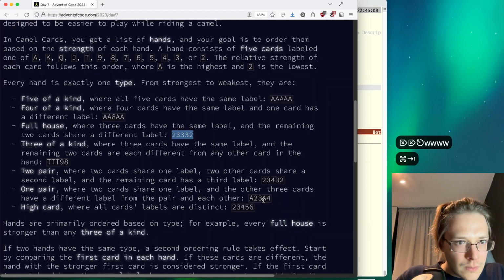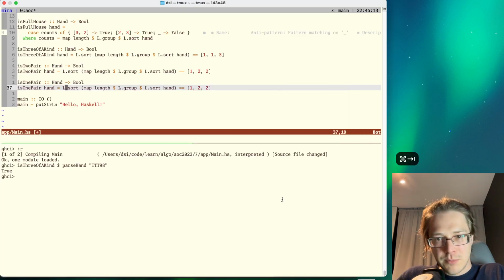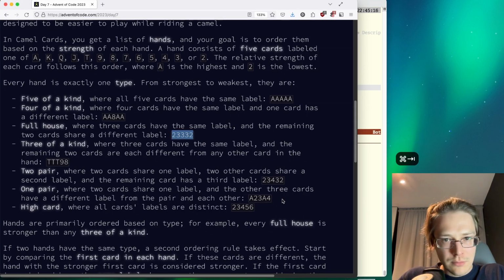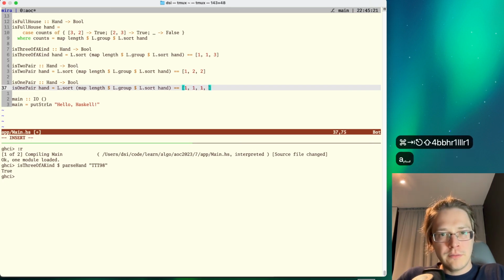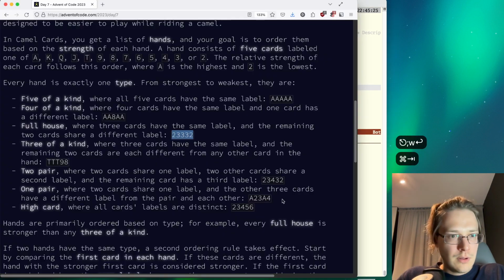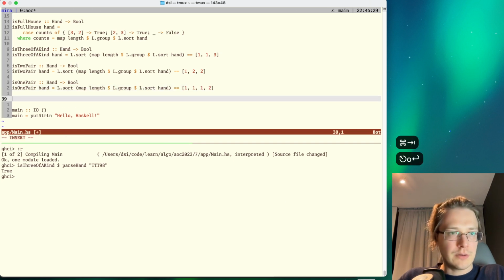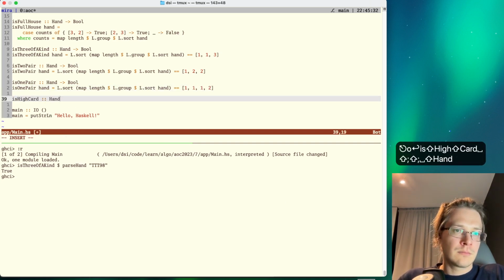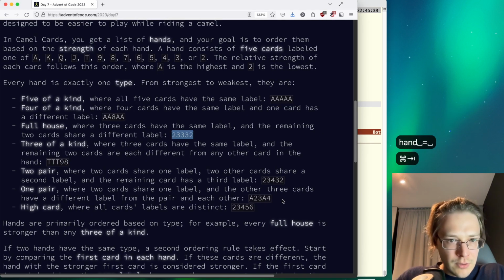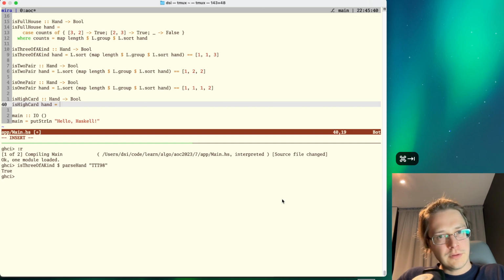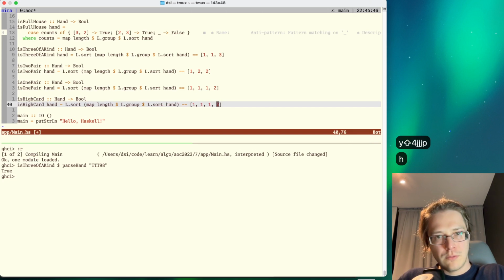Okay. Two cards share the same one label, and the other three cards a different label. Okay, this should look like this. And one pair. Okay, HighCard. All cards are distinct. So,